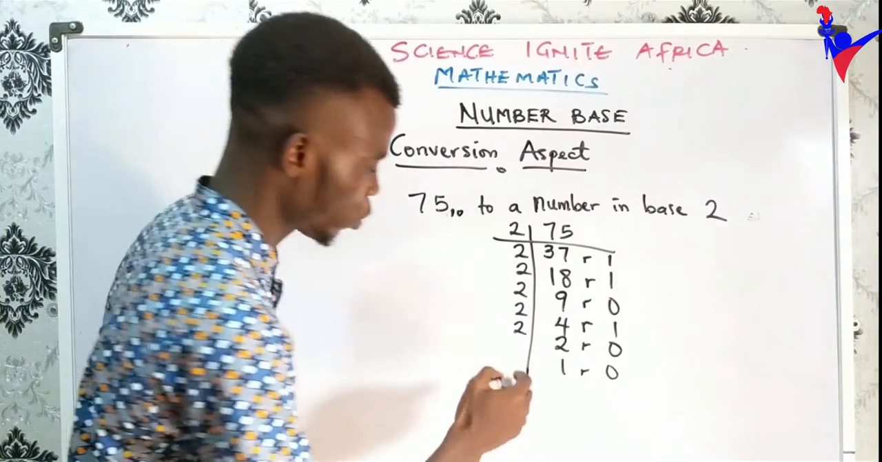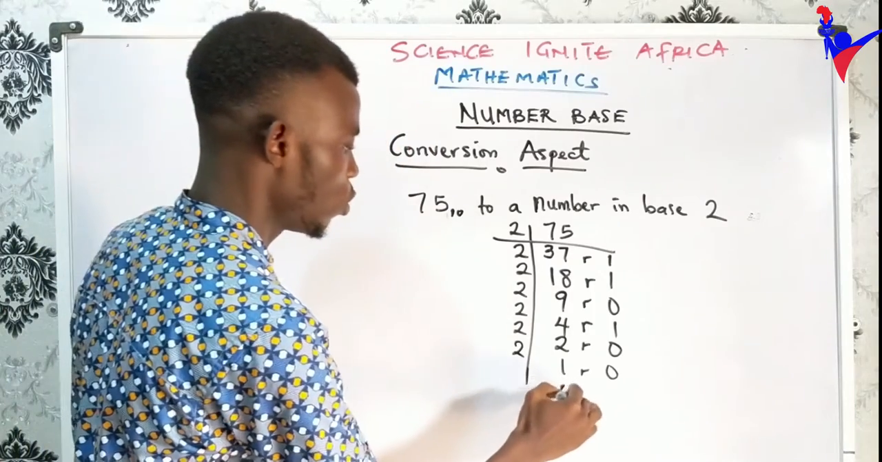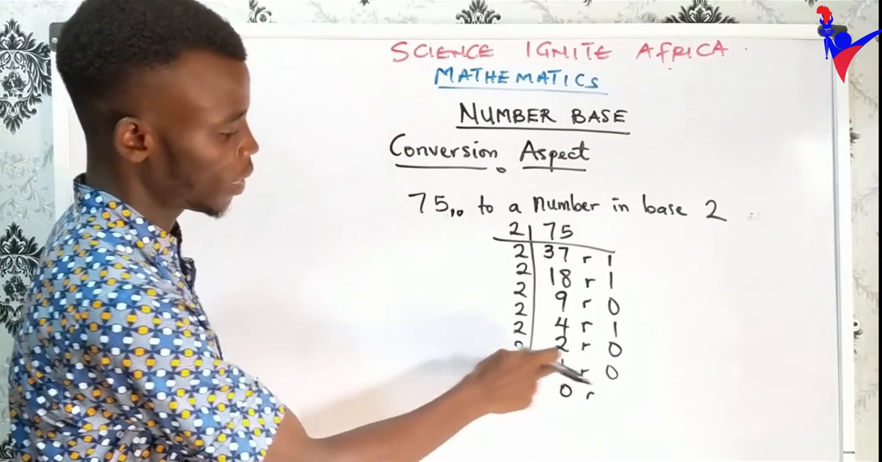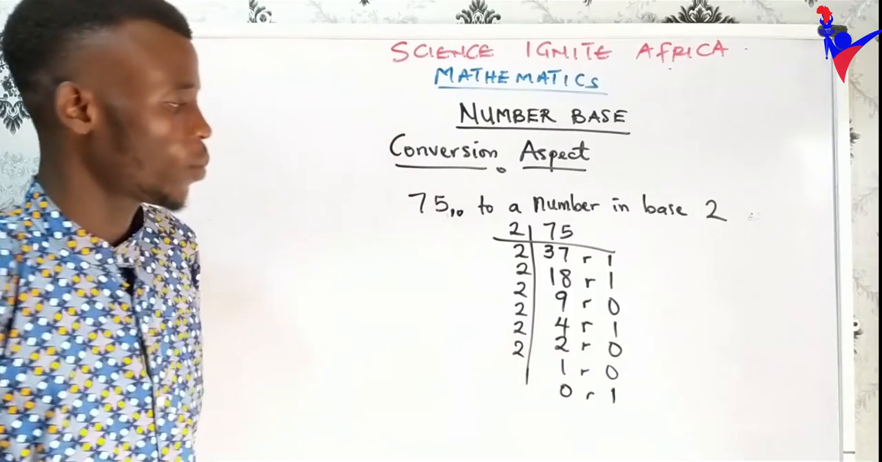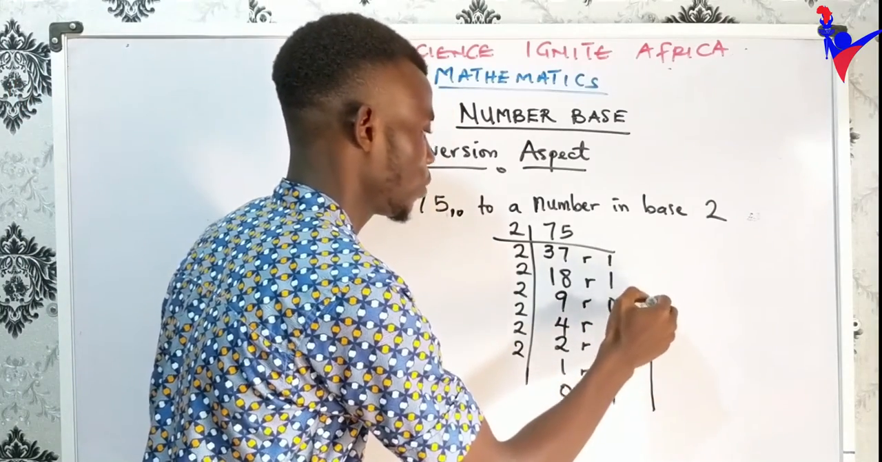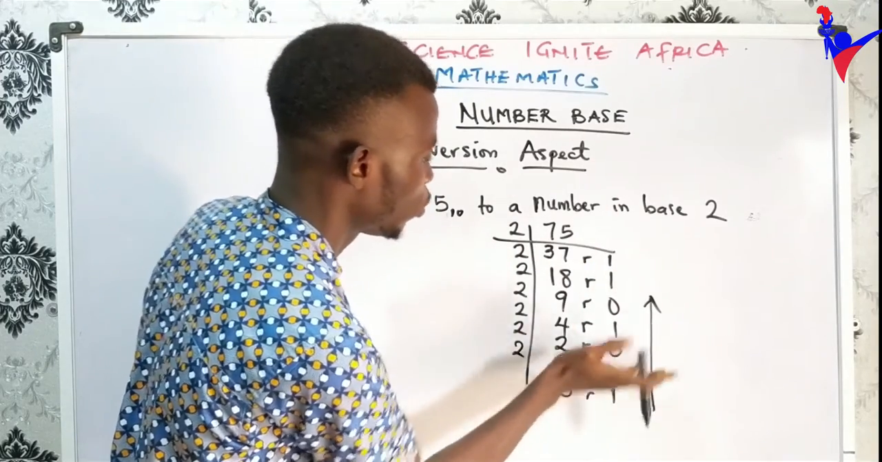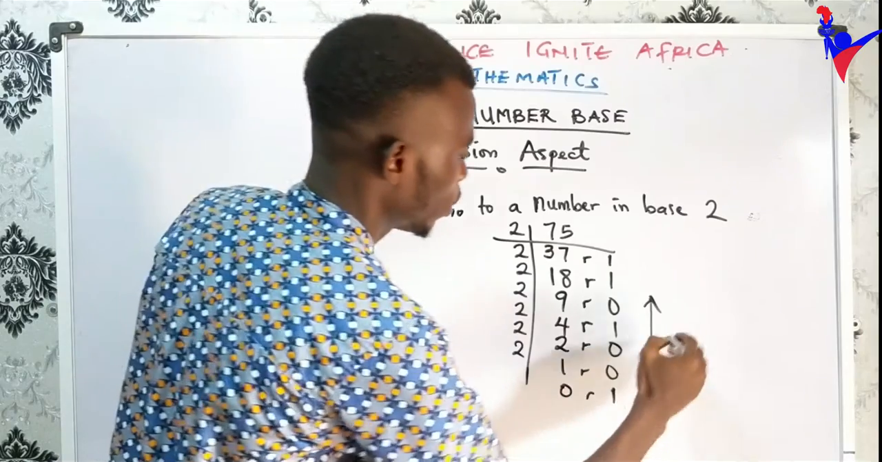But you still come and you proceed. Then you have 2 in 1, that will be 0. Remainder 1. Any number that is here, then you bring it down here. Now when we take our reading like this, that's how I indicate with the arrow. We take our reading from the bottom to the upper part. Then we have it as